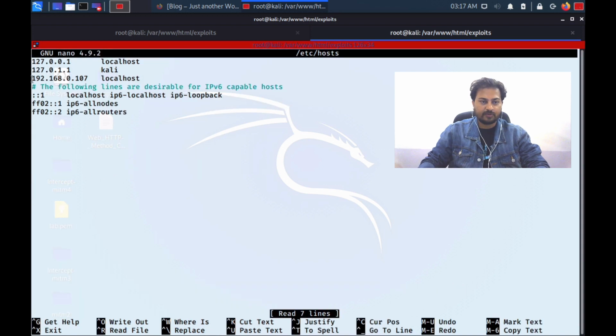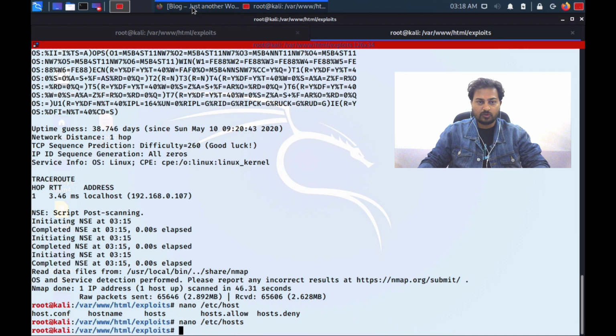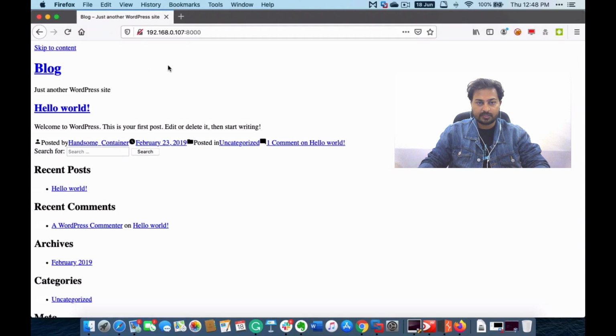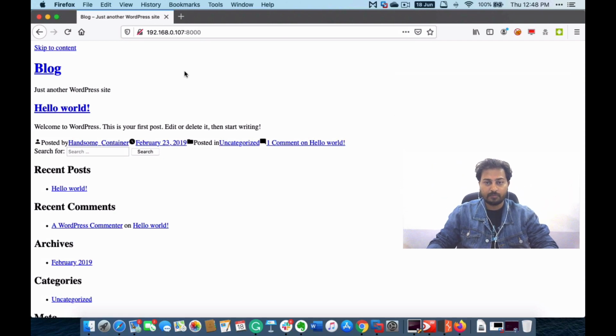So I have made an entry, this is my target IP address, resolved to the localhost. You will ask one question here: why is this the localhost? Let me give the answer for this. When you go to this website, which I have open on my Mac system,